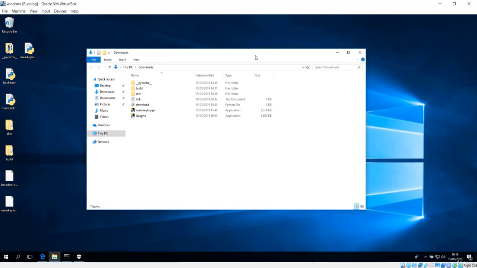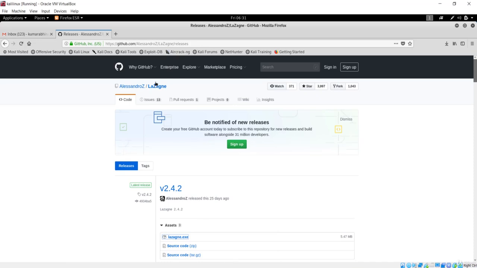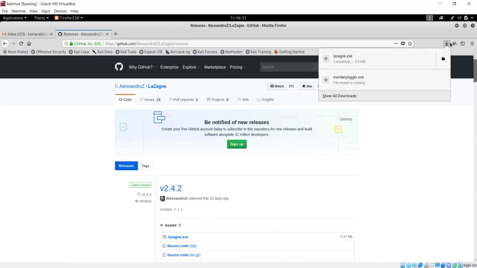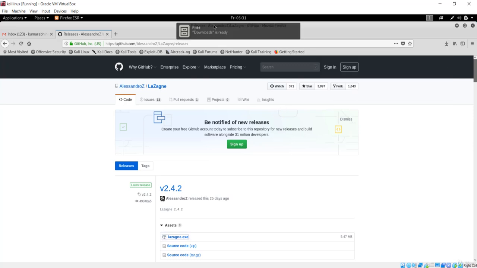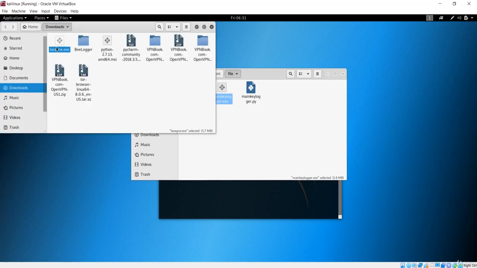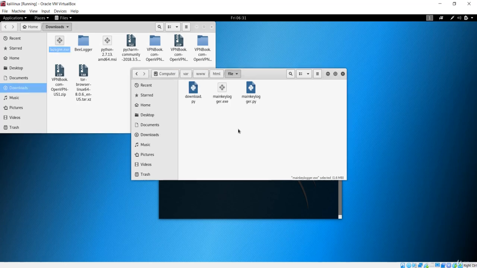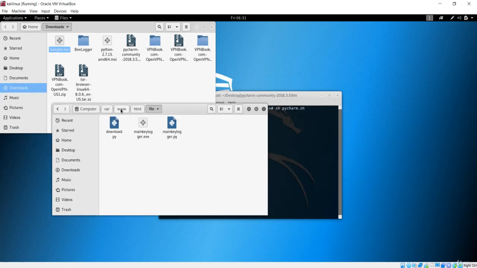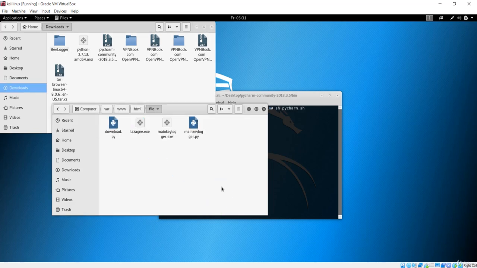I'll go to the Kali machine, because Kali is the server that is going to handle the downloading and sending mail to the server or the hacker. So let's go over here, which is our Kali machine. Before that, you also have to download Lazagne on this Kali machine, because we want this to be inserted into the target machine. You can see that I have downloaded lazagne.exe over here, and I want that to be stored in the var www html folder, which is our collection of the files that should be downloaded.